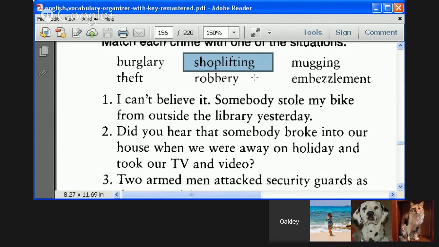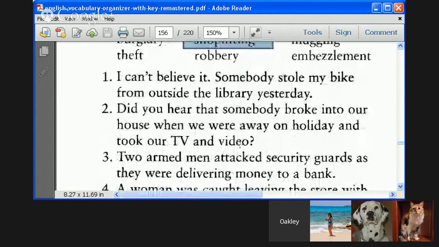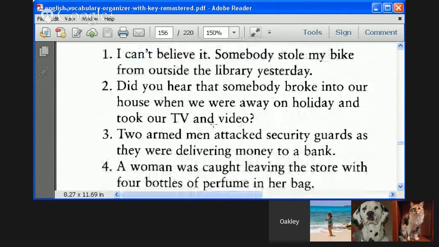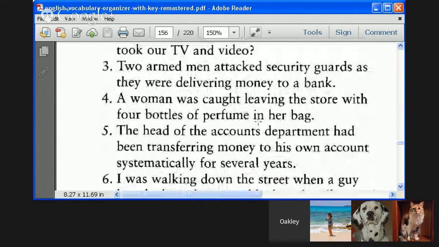You would have to say, if you wanted to count it, this is an incident of shoplifting. There were 3 incidents of shoplifting. You can't say there were 3 shopliftings. It's not countable. But definitely stealing from a store, or theft from a store. Theft can be used more generally, but theft from a store specifically is shoplifting. Very good. Okay, Max, how about number 5?